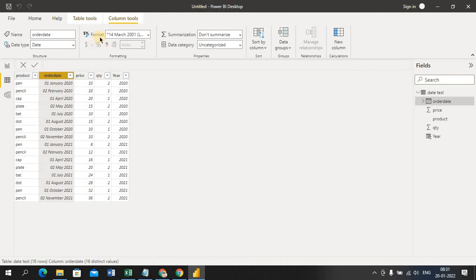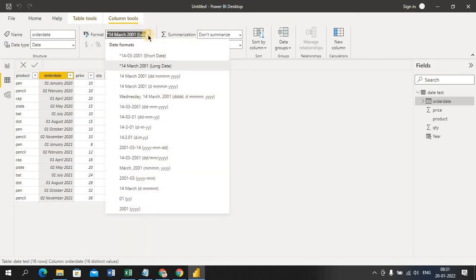Okay, you can see the format here. For any column you can select the format here. If I select Product, it shows Text. By default it shows which format the currently selected column is in. If you select Order Date, it shows some format, because this date column contains some different formats. So you can select in which format you are looking for. Here you can see date, month, year.